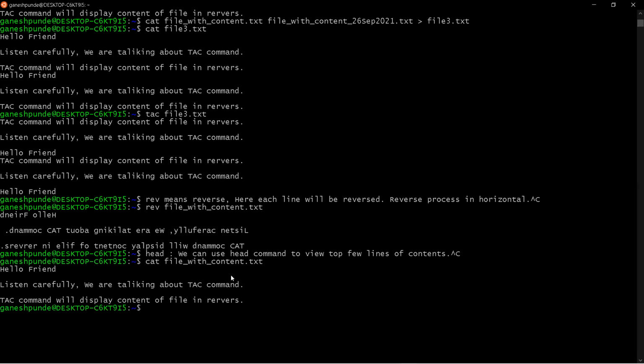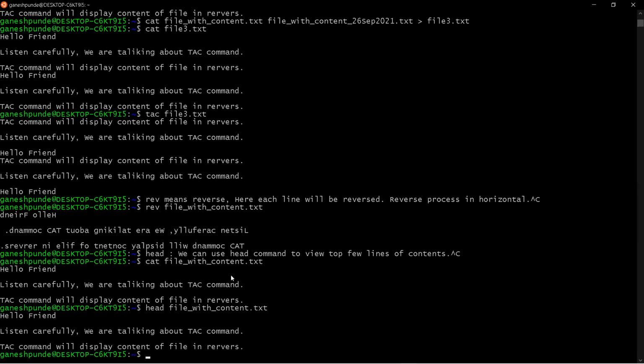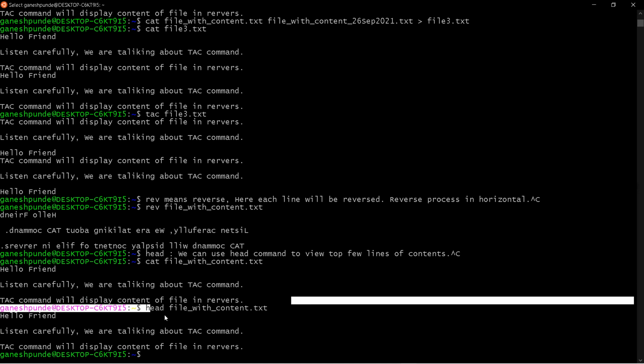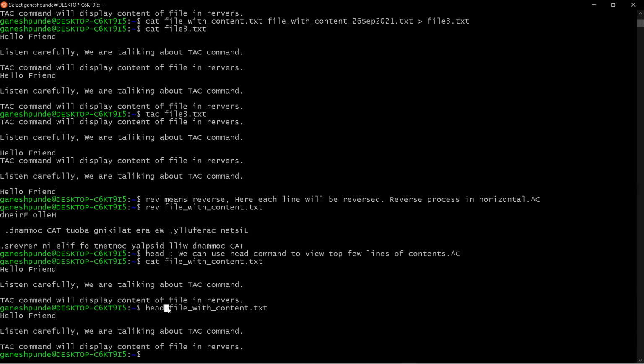Now, if I say head file with content.txt, by default it shows 10 lines. If you don't specify the command option, it will show you the first 10. But since we have 3 lines, it is showing the 3 lines.